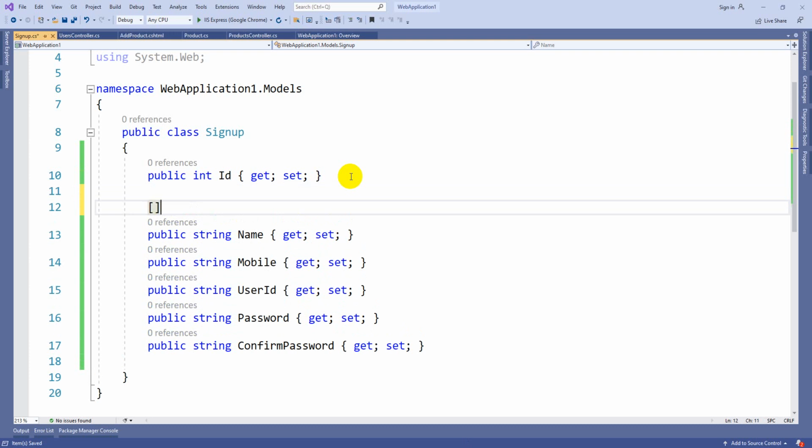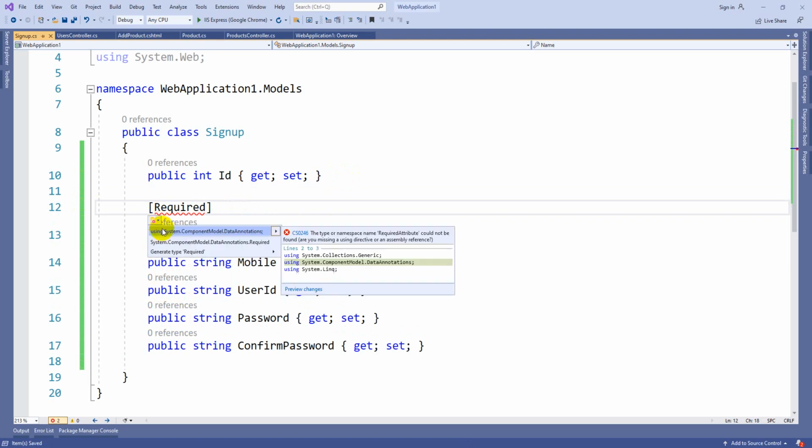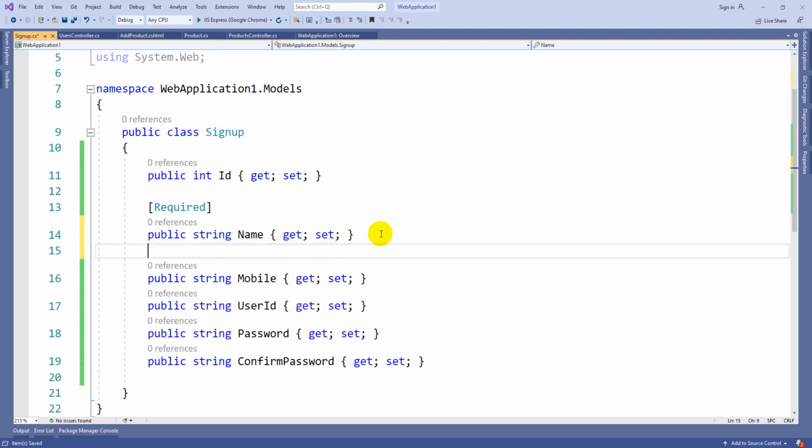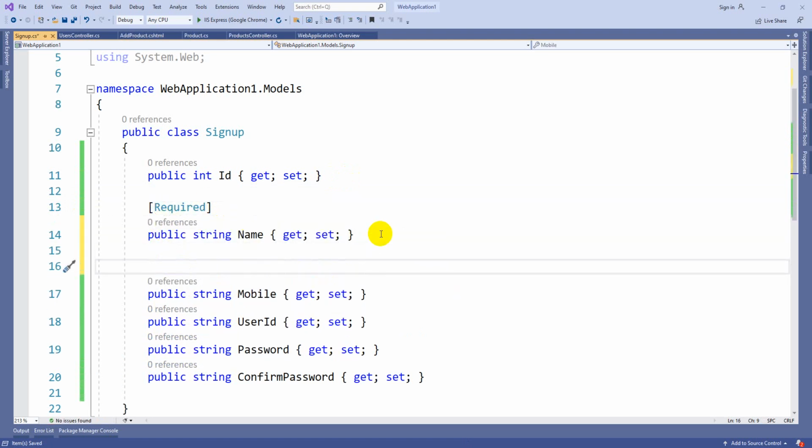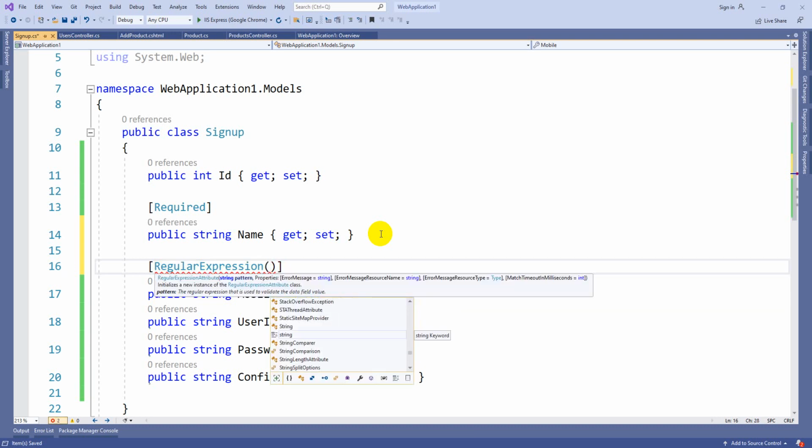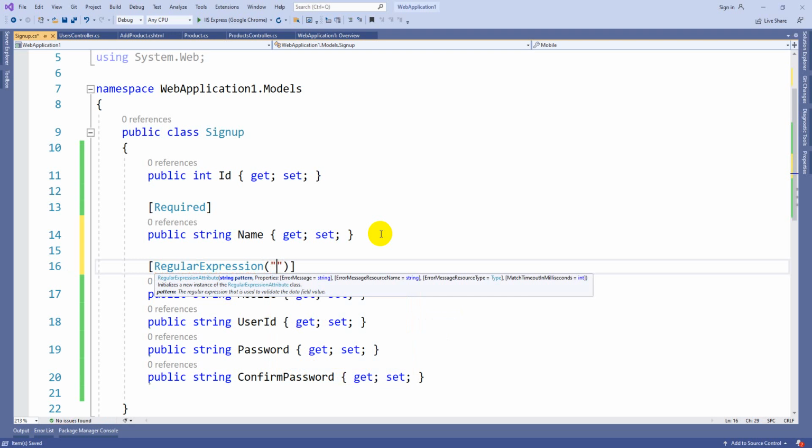So name is required. This we have already seen, how to use the required attribute. For mobile number I need to write a regular expression, where mobile number should follow some pattern. So first you need to write the pattern.